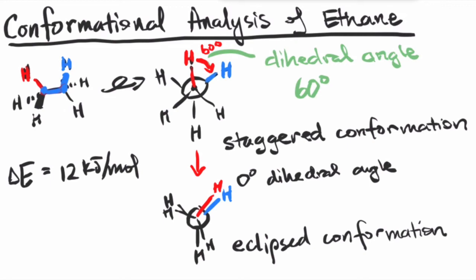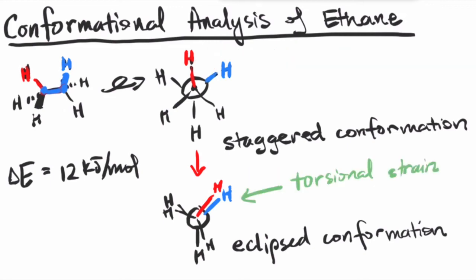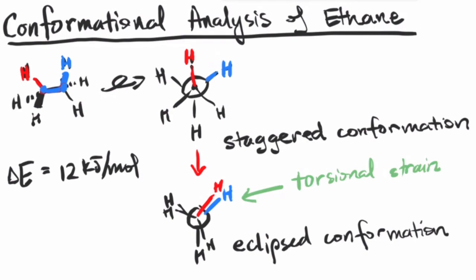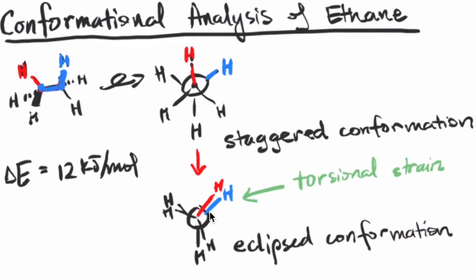So this penalty in energy between the 2 conformations is called torsional strain. So the eclipsed conformation has this torsional strain, whereas the staggered conformation is relieved of this strain. And the best explanation for the root of the strain comes from quantum mechanics, but we won't get into it. The simplified version of that explanation is that there is a repulsion from bonding pair electrons. For example, when you have an eclipsed conformation, the front bond, which contains a bonding pair of electrons, and the back bond, which contains another bonding pair of electrons, will repel one another.